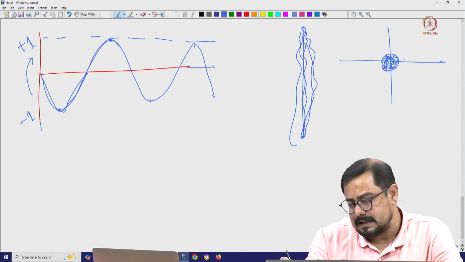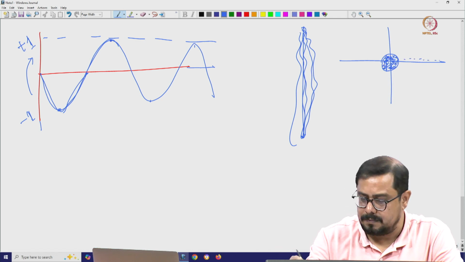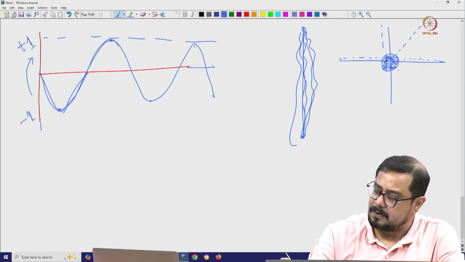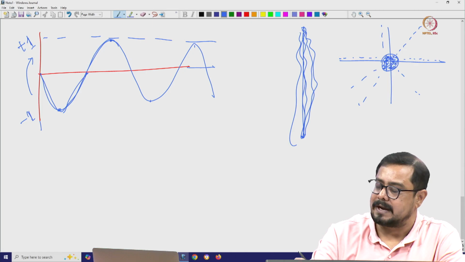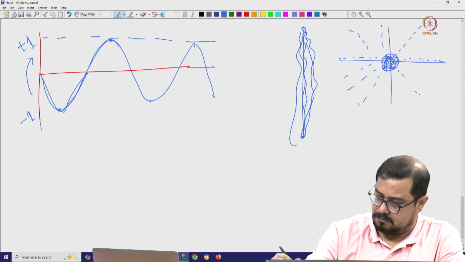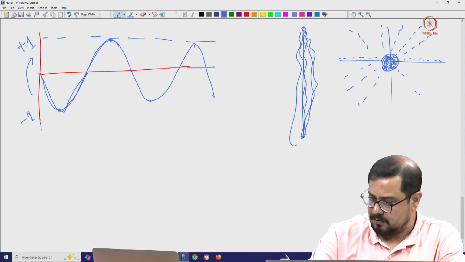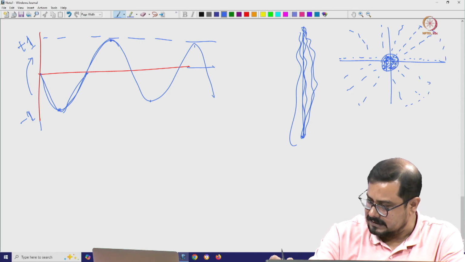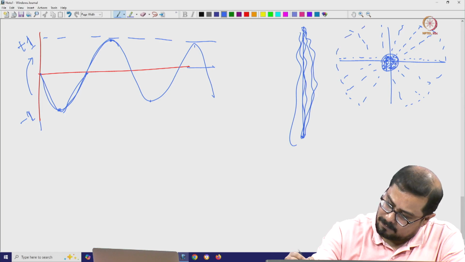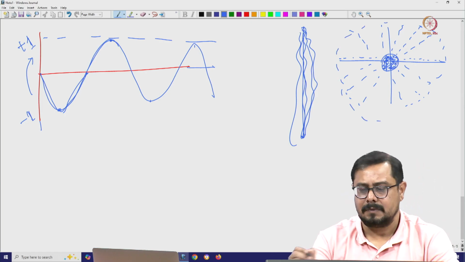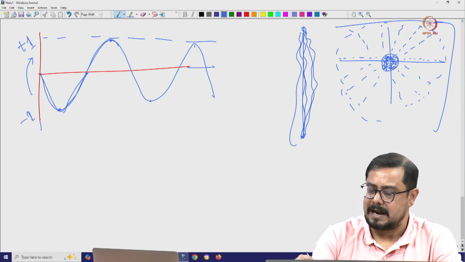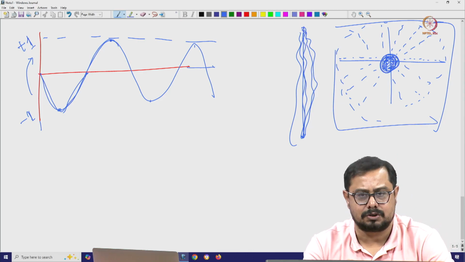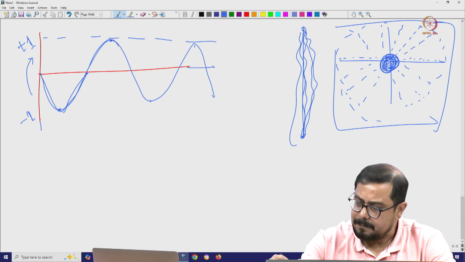Where there is a very strong scattered electron beam, it will stay far away from the center. That we all know from the diffraction pattern. The scattering angle will be larger. Those are basically our high frequency signal, which stays away from the central part of the entire image. So in the center part only the low frequency signal is stored, and the high frequency signal is away from it.